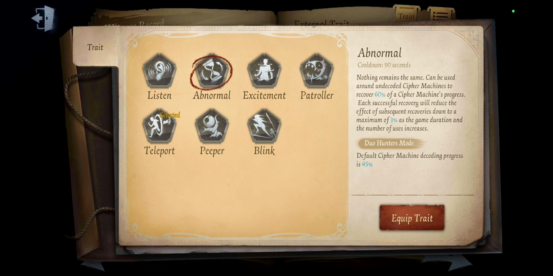Next one is actually a trait that might be used in higher tiers also, which can be surprising because it's the second trait, so it's still low on the trait list. Abnormal, if you didn't know, makes the hunter able to walk up to a cipher machine of their choice and remove a part of the progress. As you can read at the side,